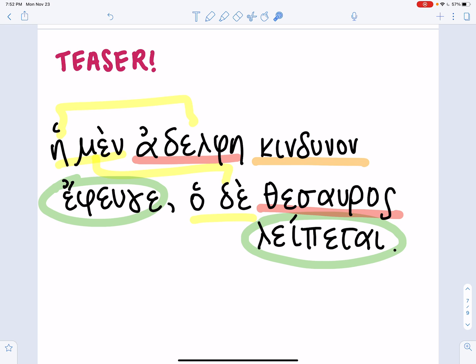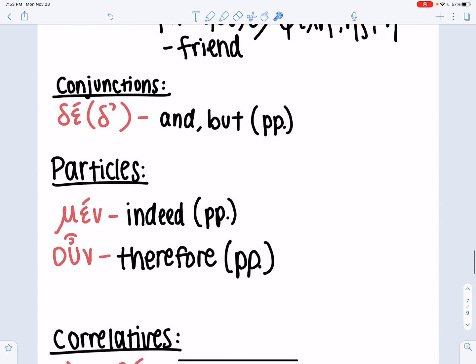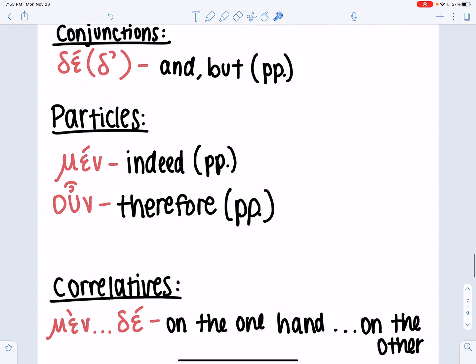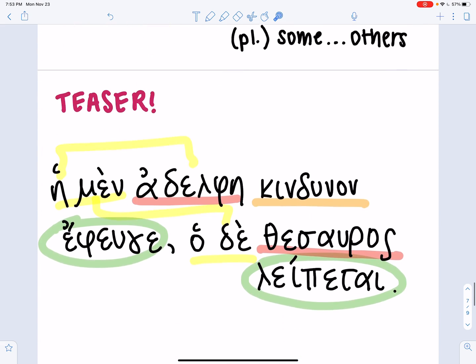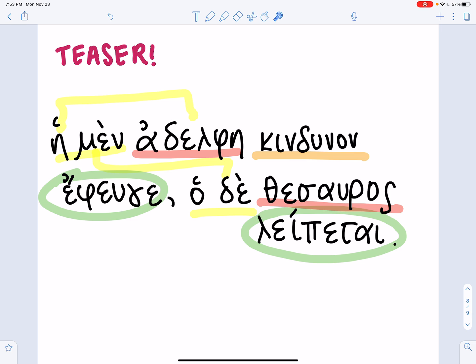Kindunon. This is danger. We learned this a little while. Actually, didn't we just learn this today? Let's check. Yes, we learned this today. So if you didn't recognize that word, that's okay. We just learned it. Means danger. So on the one hand, the sister was fleeing danger. Ha de, on the other,